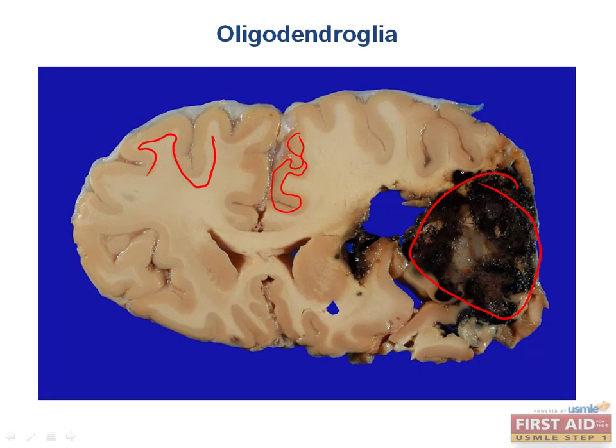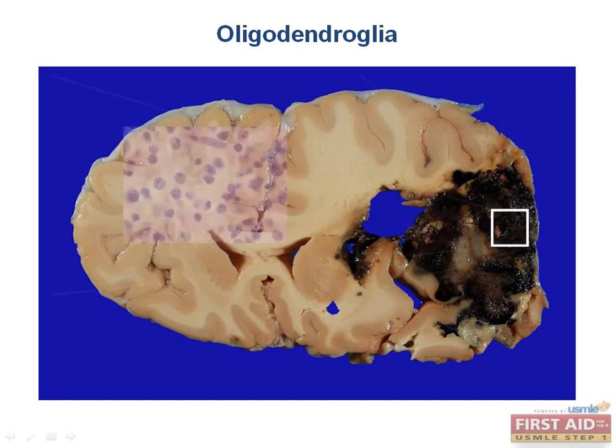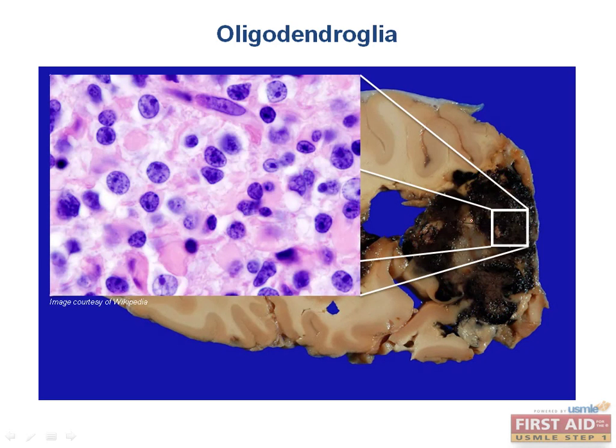This is an oligodendroglioma, a tumor that develops from oligodendrocytes. You'll notice that the tumor is located where one would expect to see the white matter tracts. Now if we zoom in to a microscopic level, we might see something like this. In this image you can see perinuclear halos and the fried egg appearance of oligodendrogliomas. We will discuss the significance of this later in the pathology section.